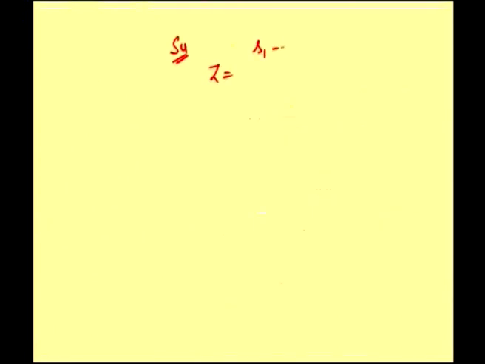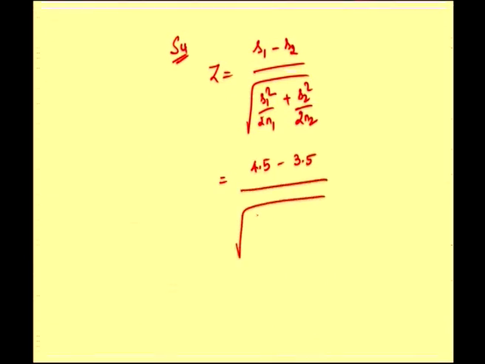So, S1 minus S2 divided by root of S1 square by 2 n1 plus S2 square by 2 n2, where S1 is given to be 4.5 and S2 is given to be 3.5. So, 4.5 minus 3.5 divided by root of 4.5 whole square by 2 into 50 plus 3.5 whole square by 2 into 50, and this value comes to be equal to